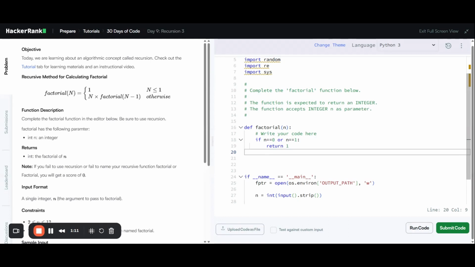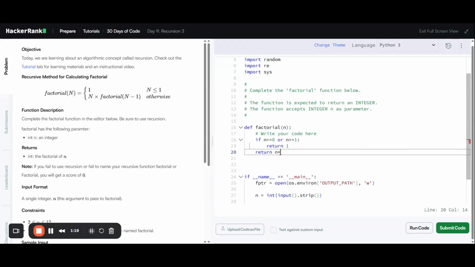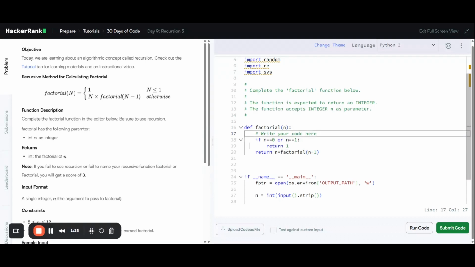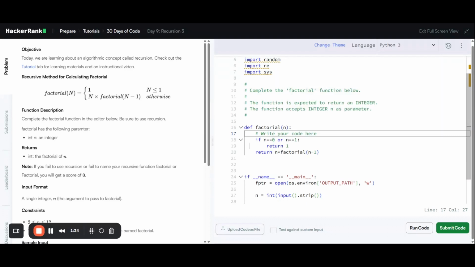And the recursive case. For that, return n into factorial of n minus 1. Okay, here what will it do? If you take n is equal to 3, it is 3 into factorial of 3 minus 1, which is 2.